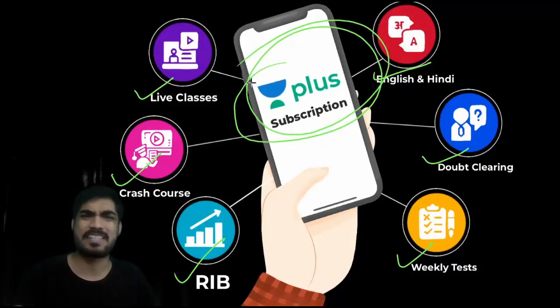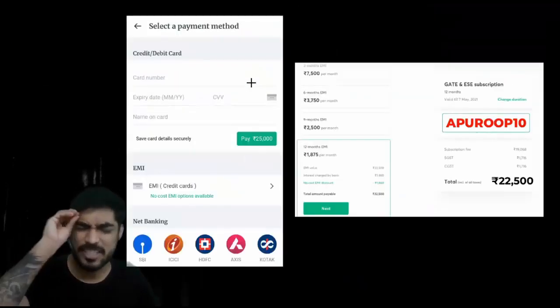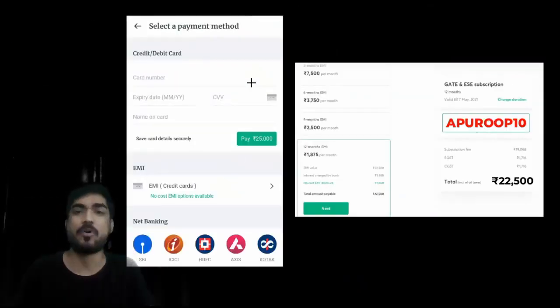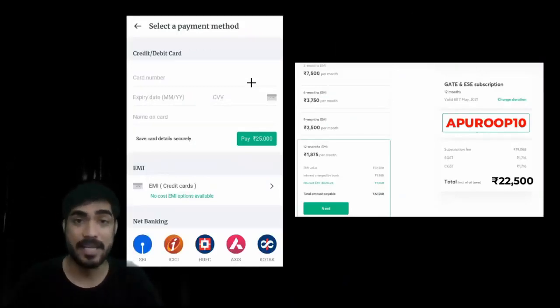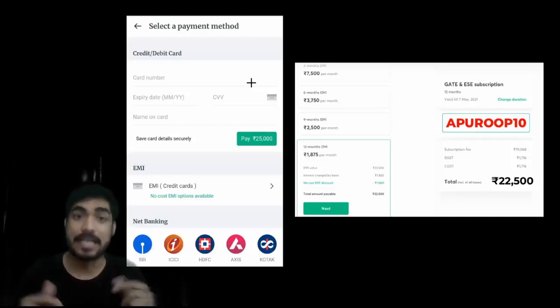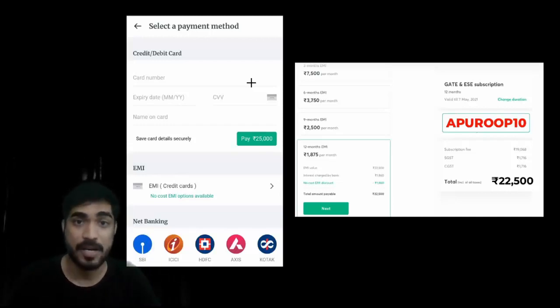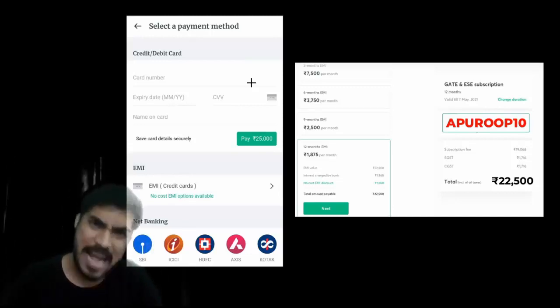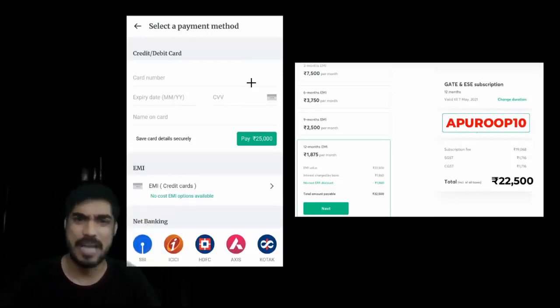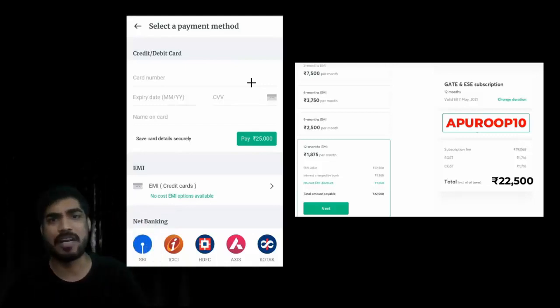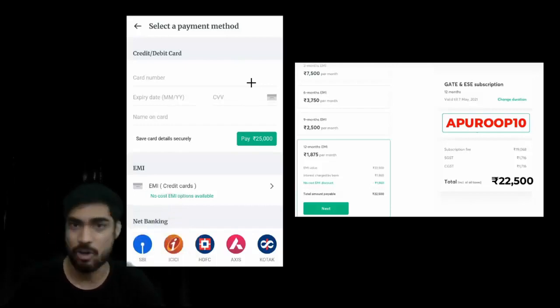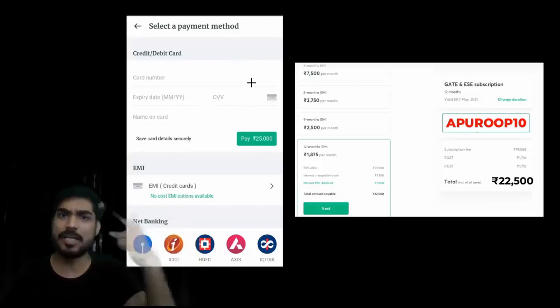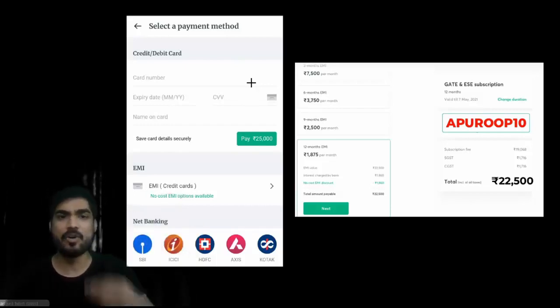And the cost is very less. Why do we need to pay? You understand this, beta. Because Unacademy has to pay for educators, for its tools, and for its platform. So that's why you need to pay a minimal amount, right? Otherwise, we can make it free. But if we make it free, can we provide quality of education here? No. So for quality, you need to pay some amount, right? But look at the amount.